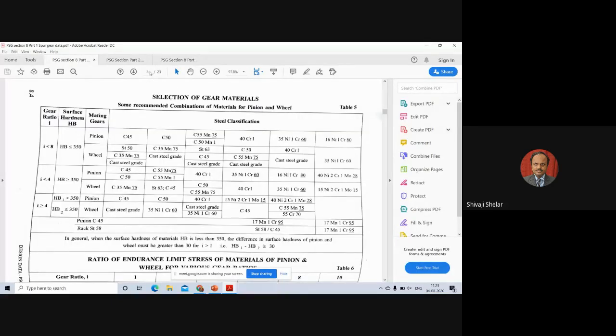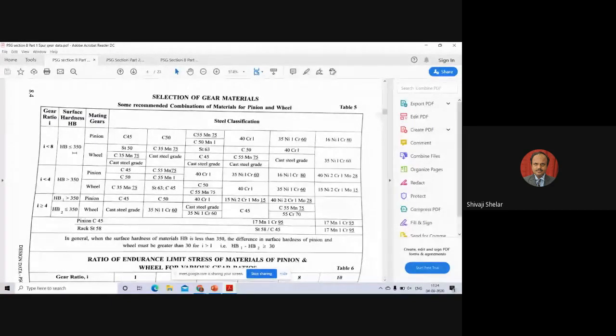Okay, so this is table number 5 on page number 8.4, which decides your gear and pinion material. Our ratio is around 3.98, which is less than 8. So there are two possibilities. You can have a material with hardness value less than 350, or a material with hardness greater than 350. These are normally high strength materials and these are slightly low strength materials. So let's go for the low strength material because our design is a commercial design.